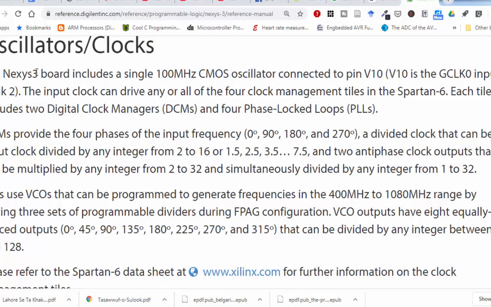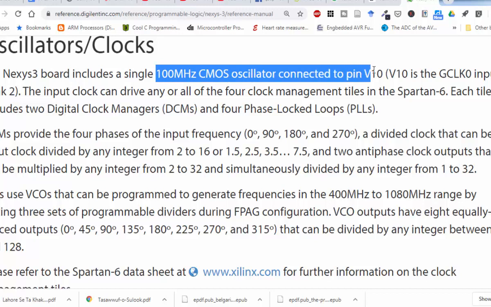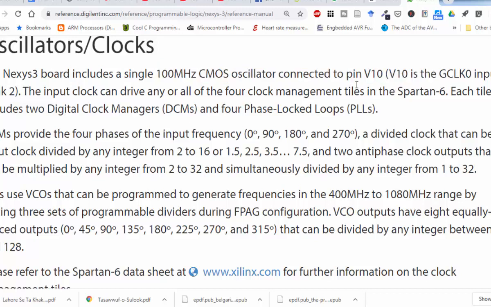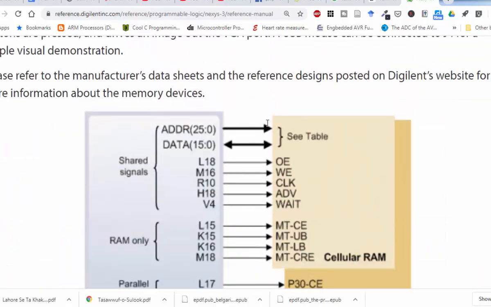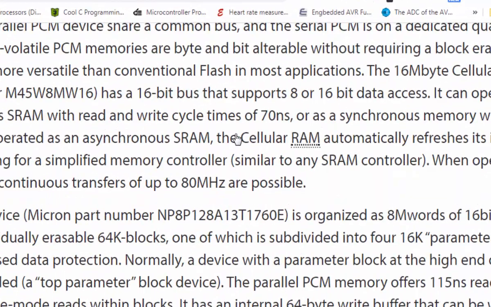It says that the Nexys 3 board includes a single 100 MHz CMOS oscillator connected to the pin V10. So we are going to use the V10 pin for the clock signal. So we find out that our oscillator is 100 MHz and the pin is V10. These are the two pieces of information that we are going to use for our clock signal, V10 and 100 MHz. And for the LED we are going to use the pin number